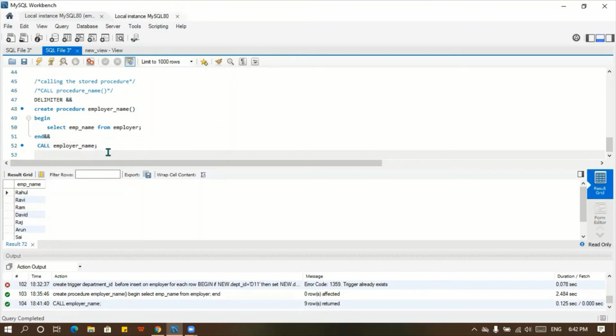Let's create a new procedure here. So, delimiter